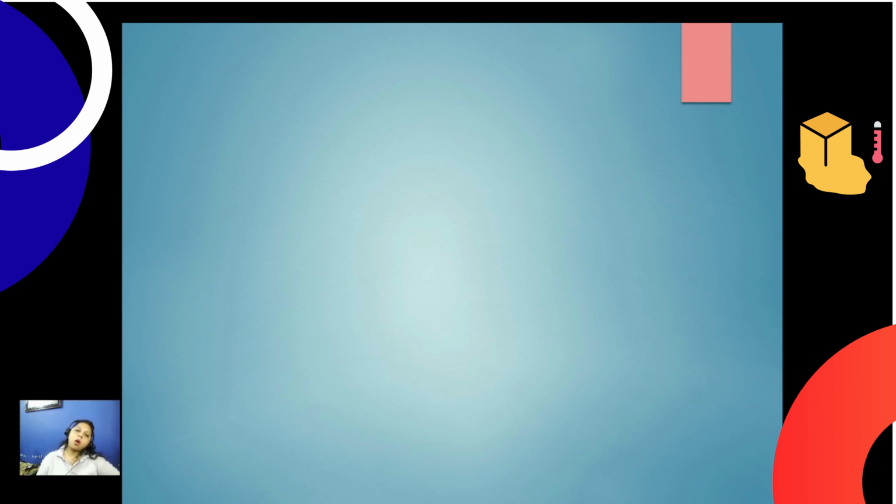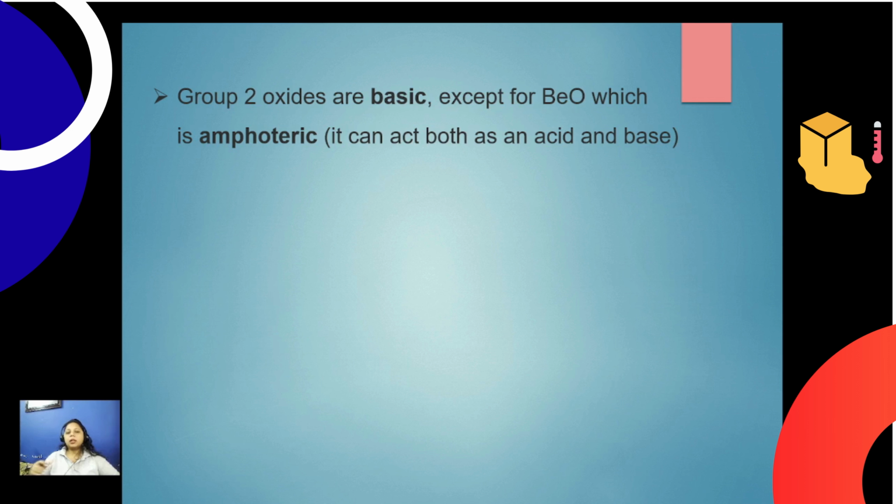We are going to discuss the chemical properties of group 2, mainly the oxides of group 2 like magnesium oxide, barium oxide or calcium oxide. First of all, how are oxides formed? We have learned in the previous videos that when they react with oxygen, they form certain types of oxides. So how are they going to react with other compounds? Simple, when we say oxides,